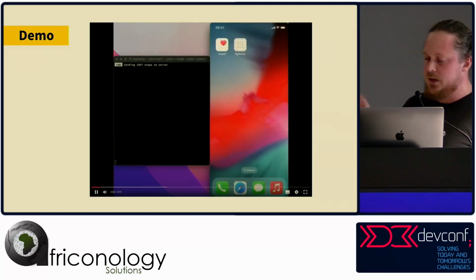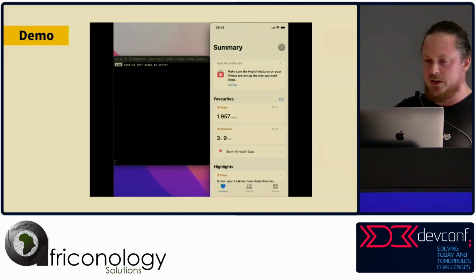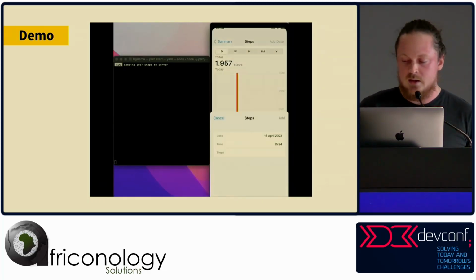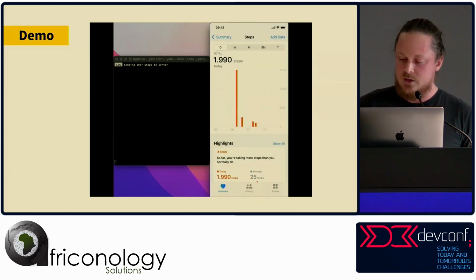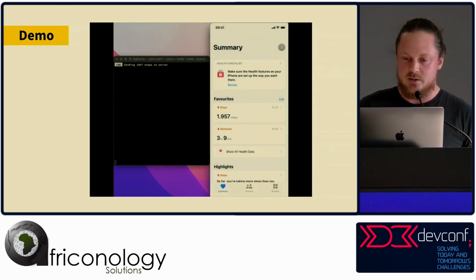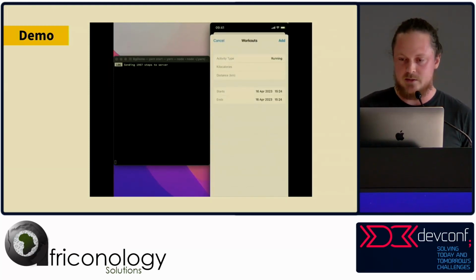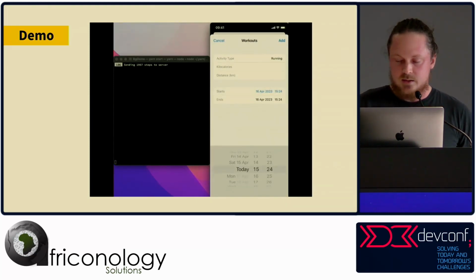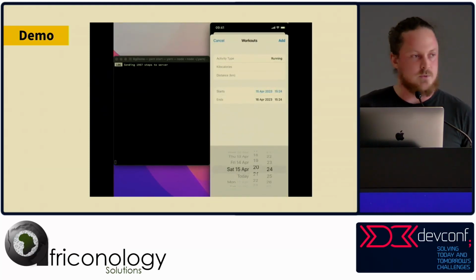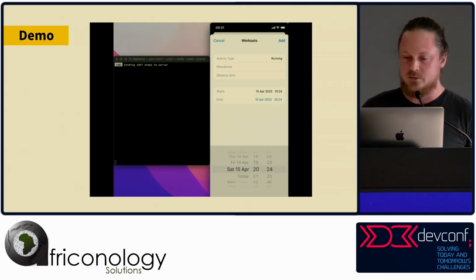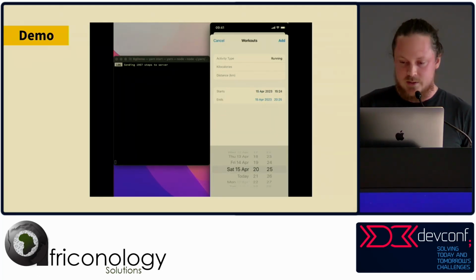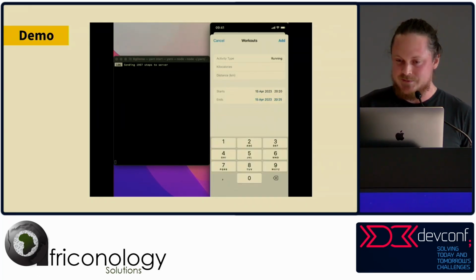So in this demo, you can see a physical device running on the right-hand side, and on the left-hand side is our terminal running with the Metro Bundler server. So you can see there's no app running on this device, except I've just launched Apple Health. And now I'm adding a workout, and this will trigger our workout and HealthKit step count update to reach our app. So as soon as I am done with my late night walk,